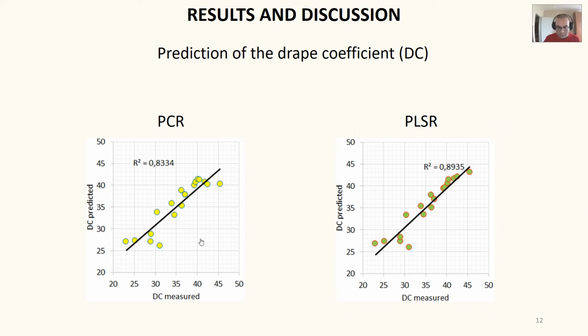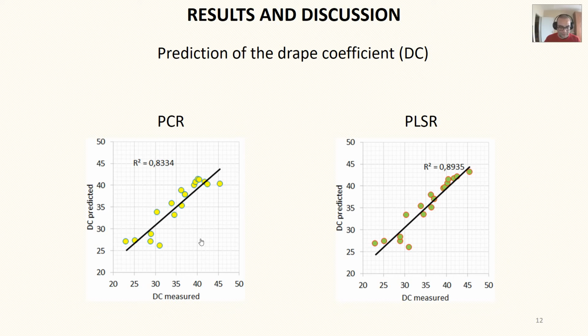The errors are SSE equal to 9.33 and RMSE equal to 2.34. This shows that after reducing the vector of geometric features with 2 principal components, drape coefficient can be predicted with